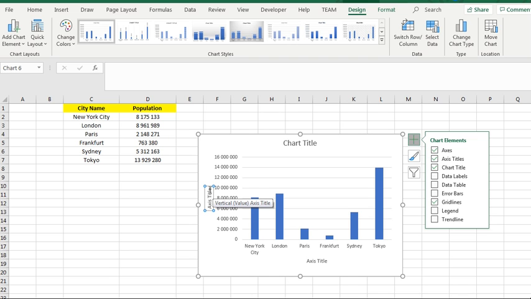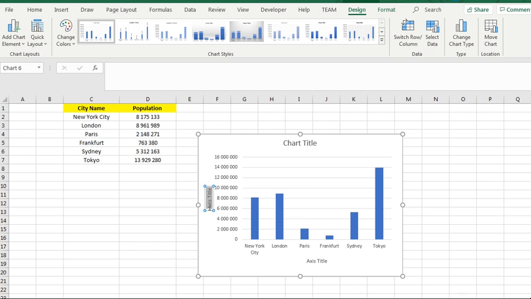Left click in the box, highlight, drag down, and we'll give it a more appropriate name such as population size. The x-axis we can rename as well to a much more appropriate name such as cities,